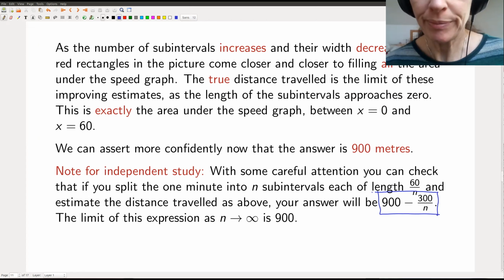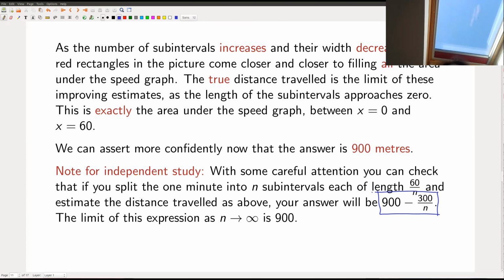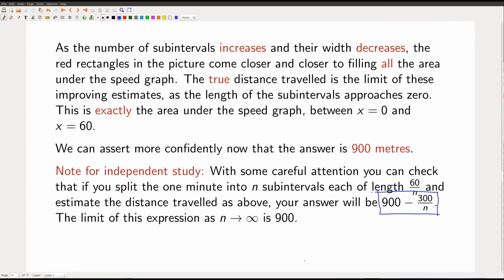For example, if you had some function defined by a formula, and let's say that you knew what the formula was, so the graph of your function would be y equals f(x), you're interested in some interval, and your graph looks like this. And let's say you have a formula that tells you what f of x is. Then if for some reason, and again, we'll see some more examples of reasons why you might want to do this, you wanted to calculate the area under the graph of your function, a way of approaching that problem